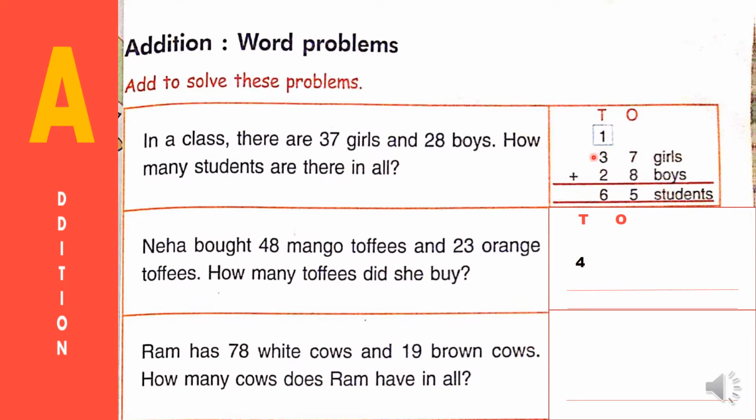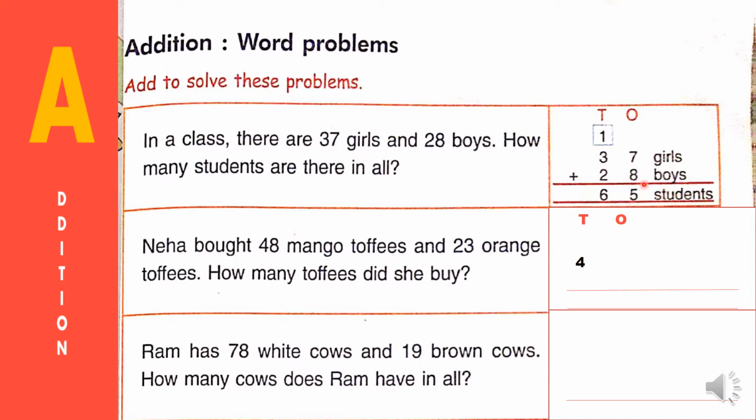Okay, children. Now we have to add 37 plus 28. When we are doing addition, we should add the ones column first. Here we should add 7 plus 8. Which number is bigger? 8 is the bigger number, so keep 8 in your mind. 7 is in your hand. Open 7 fingers, children. Now start counting: 8, after 8, 9, 10, 11, 12, 13, 14, 15.